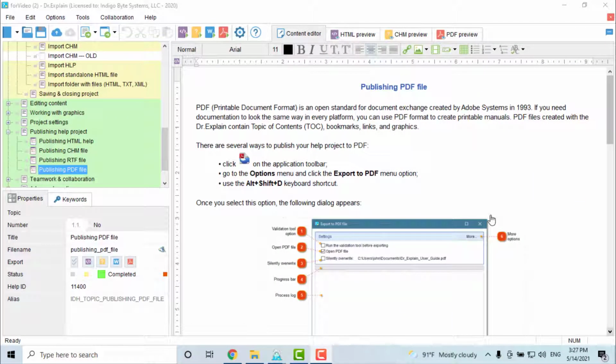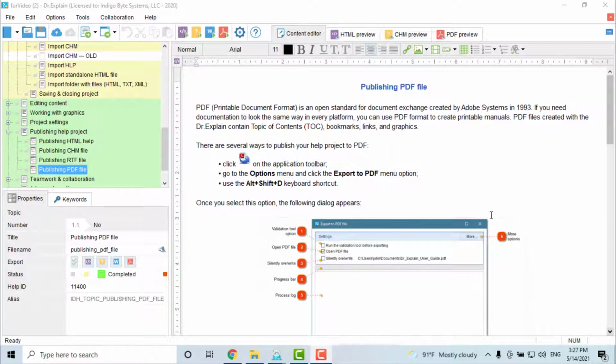PDF documents are convenient for distribution. All the information is collected in one file, which is easy to send by email or messenger. You can view PDF files on almost any device, including smartphones. The information is presented in the form of familiar book pages, which is very convenient for printing.